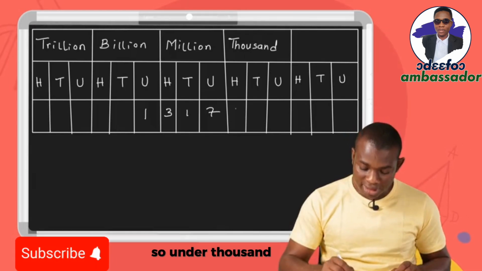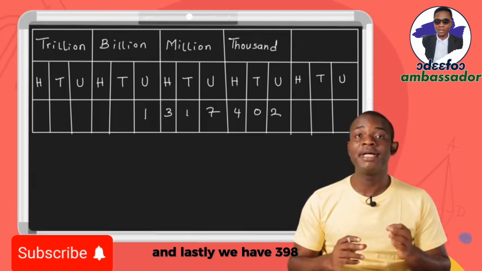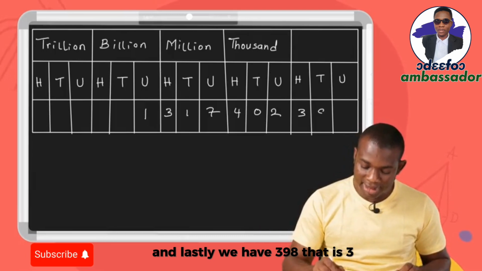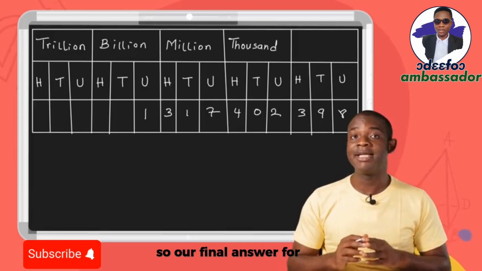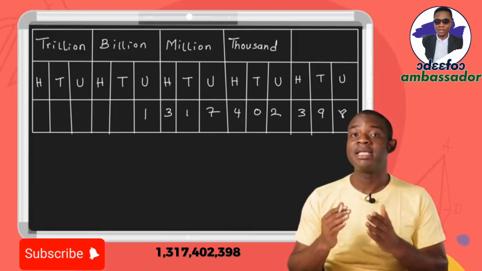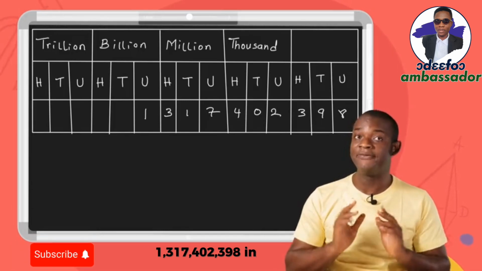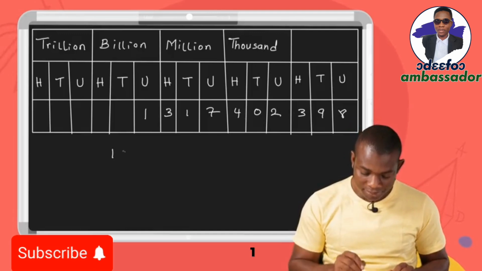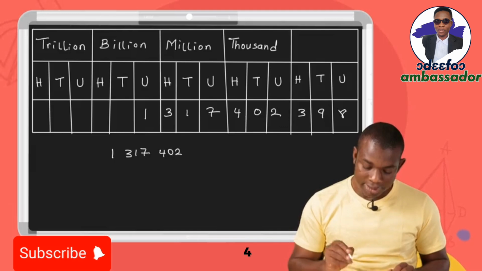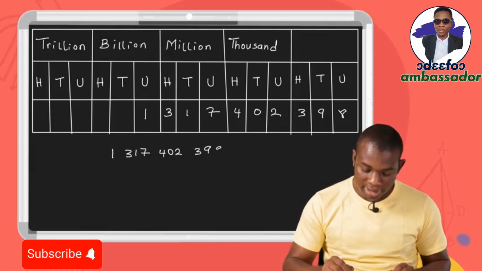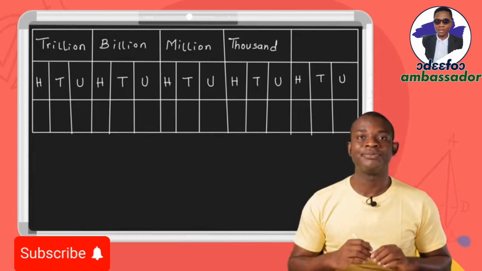Moving on, we have 402,000. So under 1,000, we have 402. And lastly, we have 398. So our final answer for writing 1,317,402,398 in figures will be 1,317,402,398. Now, for our last example, write